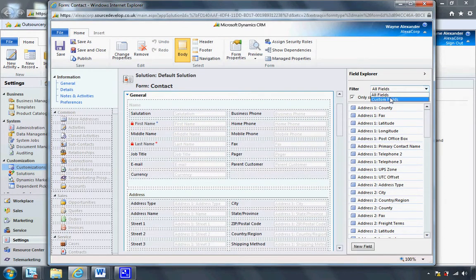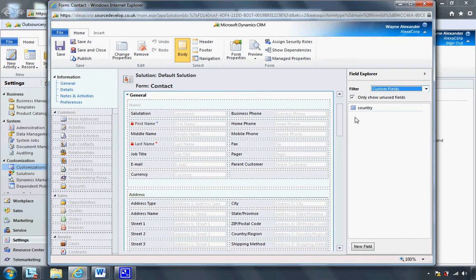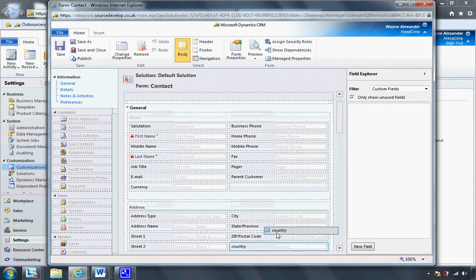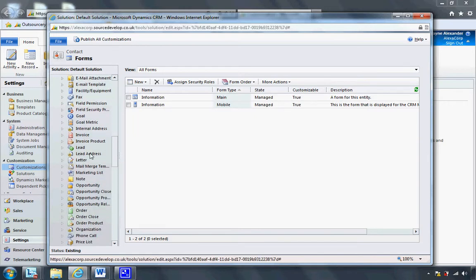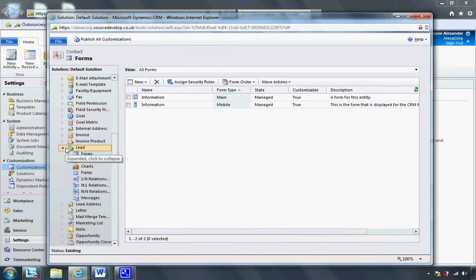And I'm going to do exactly the same thing again. Just drag that onto the field there, onto the form, and save and close. And last but not least, exactly the same thing with our leads. So I'm just going to hit form